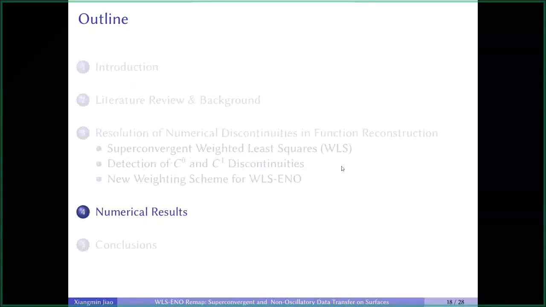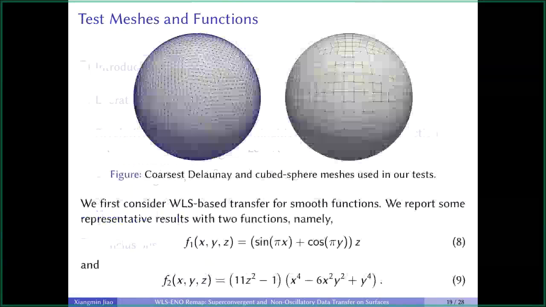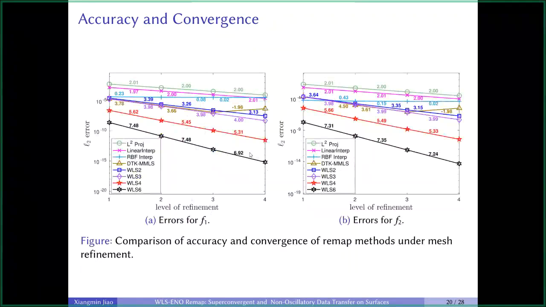Now I'm going to show some numerical results. Because this is developed for climate modeling, we test them on spheres instead of general surfaces. And so these are a couple of smooth functions. This slide shows the convergence after one step of solution transfer using different degrees of 2, 3, 4, 5. Basically for even degree, there is a super convergence. For degree P polynomials, it gets slightly higher than P plus 1 convergence rate, up to P plus 2. And that's what we want